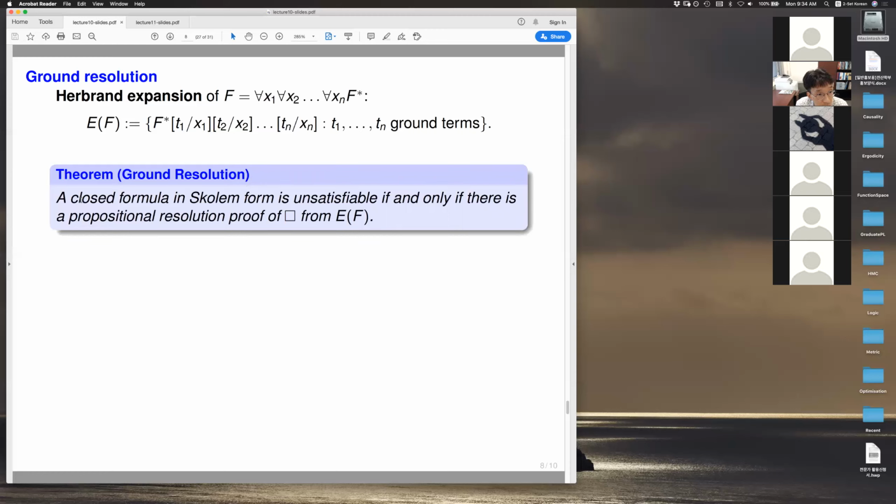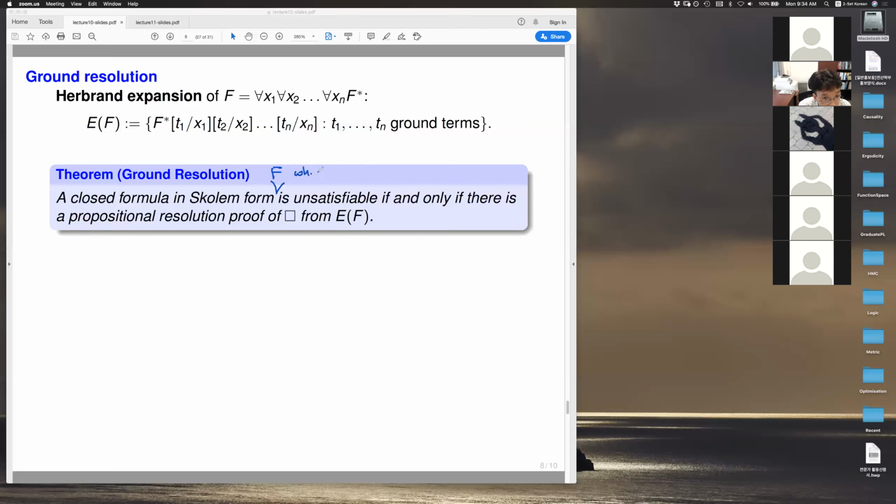It says that if we have a closed formula in Skolem form, then the formula is unsatisfiable precisely when there is a propositional resolution proof of a box from the Herbrand expansion of the formula F. So I think I should have written a more precise statement: we have a closed formula in Skolem form F,